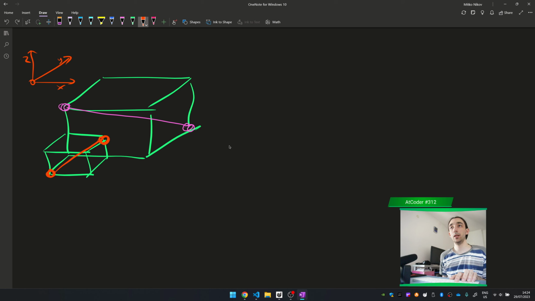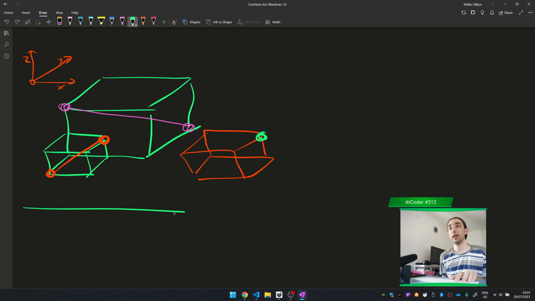But there could be a cuboid here that has this coordinate the same as this, so the same y coordinate, but now in the x direction